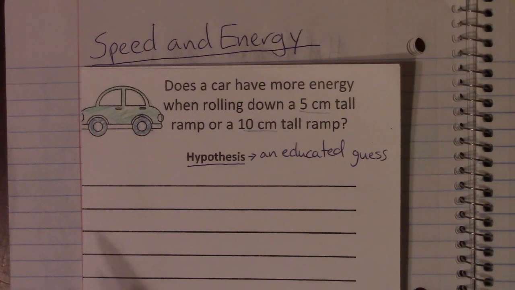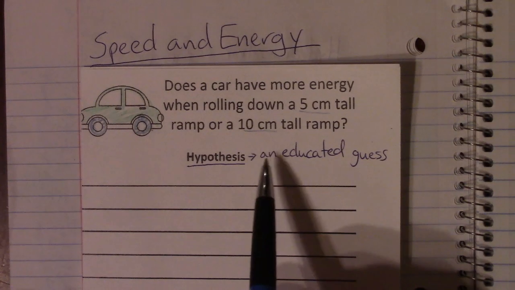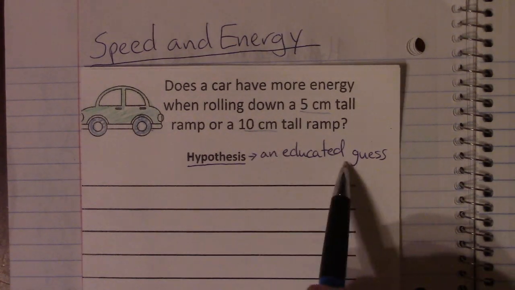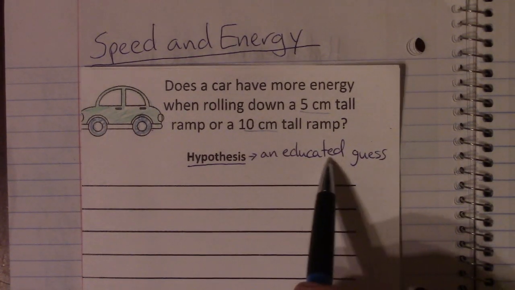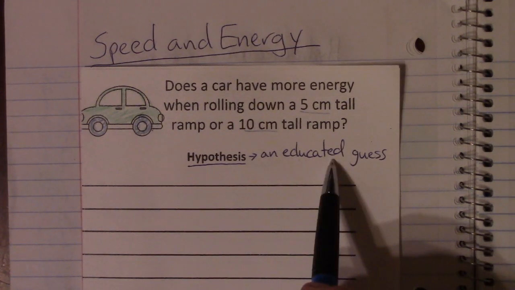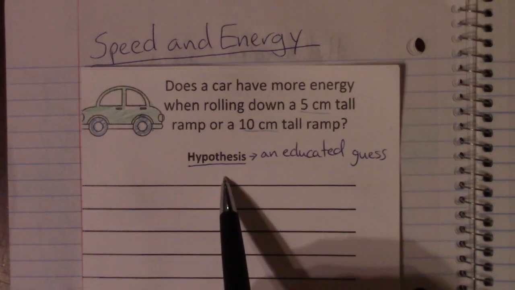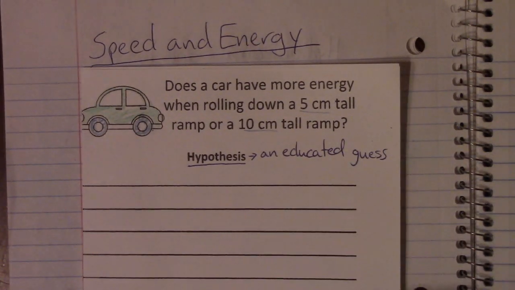So if you take those things, you recall those, and you see how you can apply those to our problem, then you start to come up with an educated guess. And the reason you want it to be educated, which just means thoughtful or reasoned guess, is because you're going to use this hypothesis to create a plan, which will be the way that you test your